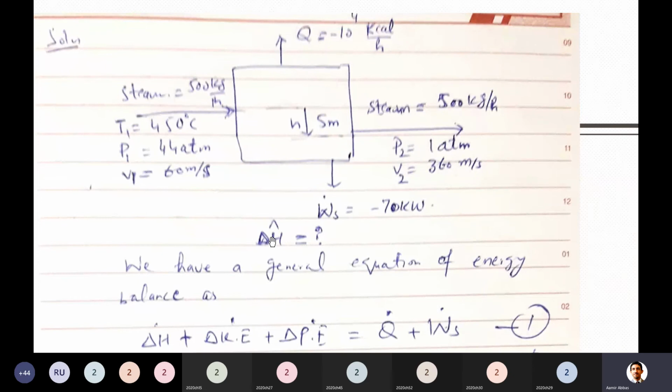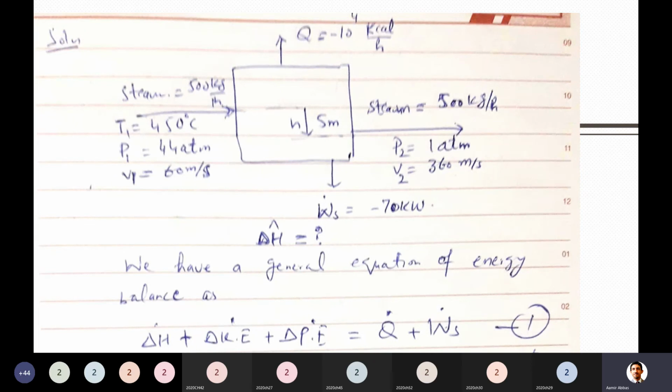So what he asks us to find is the change in specific enthalpy. It means you have to find del H cap. Do you have any formula which you can suggest to find this? Do you know what this specific enthalpy means? What will be its formula if I link it with simple enthalpy? Enthalpy divided by mass. Yes, good. Specific enthalpy is equal to enthalpy divided by mass. You studied this yesterday as well in earlier lectures.